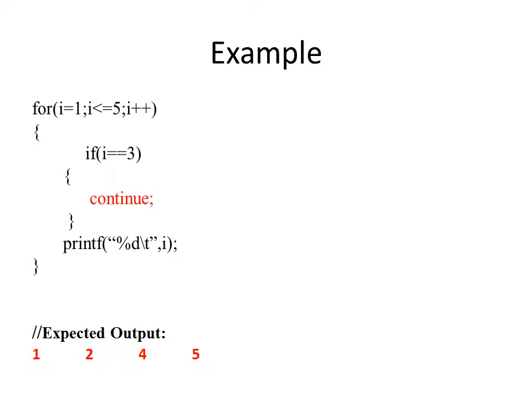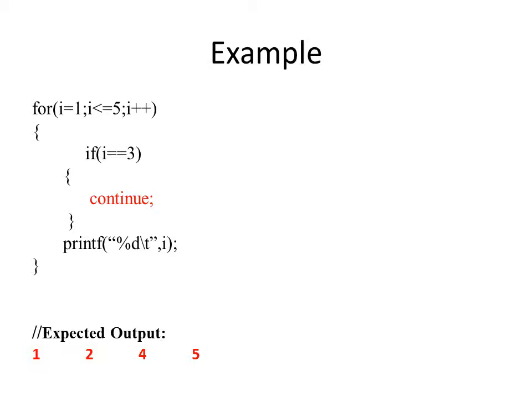Now, according to the rule, what happens? Once the continue statement is executed, the next statements are skipped, and hence the control does not transfer toward the printf, but the execution transfers towards the start of the loop. And start of the loop means, what is the action we have stopped at? The next action is the increment. The i value is going to be incremented to 4, and again the same execution will be carried out.